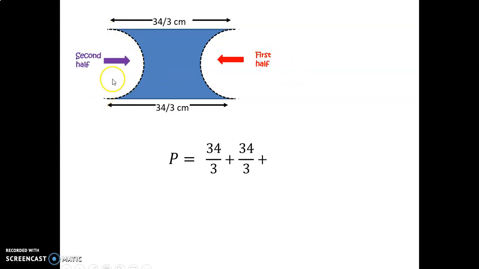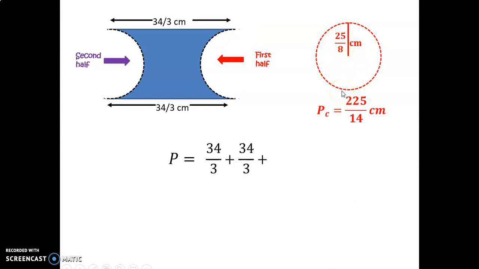But remember that both halves make the length of a complete circle that has a radius of 25/8, and the perimeter we already found is 225/14 centimeters. So we're going to add those edges, both of them make 68/3. And then take into account that both fractions in here, the first two, are like fractions, so we're going to add them and we're going to find that this is 68/3 plus